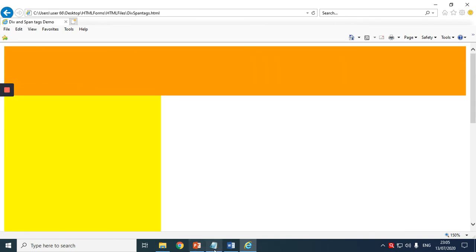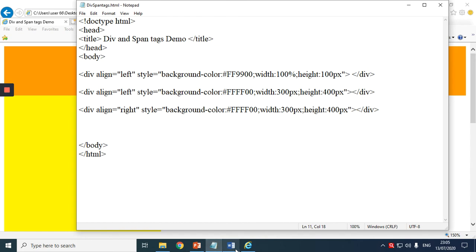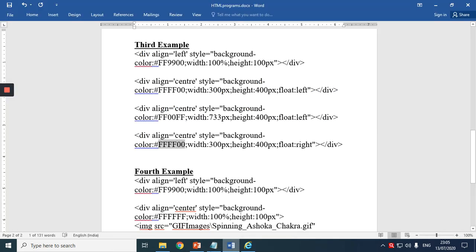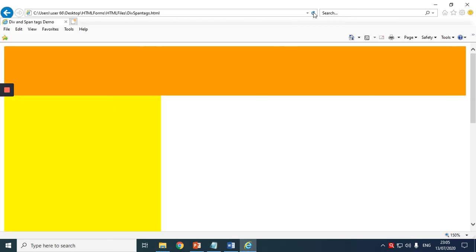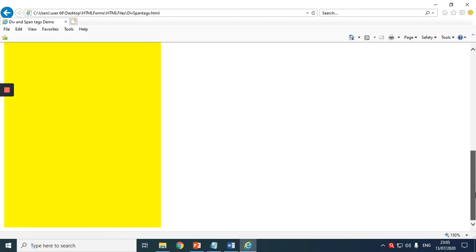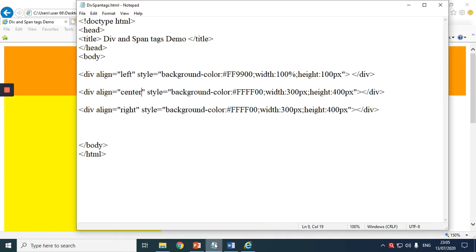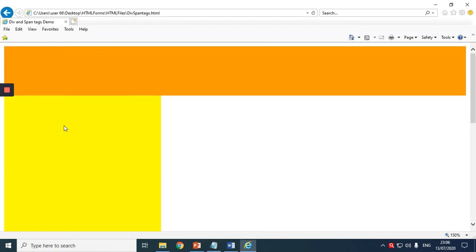The sections are coming in the same manner, correct? So what we'll do, we'll align one to the center. And now observe what happens. Any changes? No. You have observed all the 3 times how it is coming. We have given here left alignment, here center alignment, here right alignment. Each time you have observed the output to be the same.